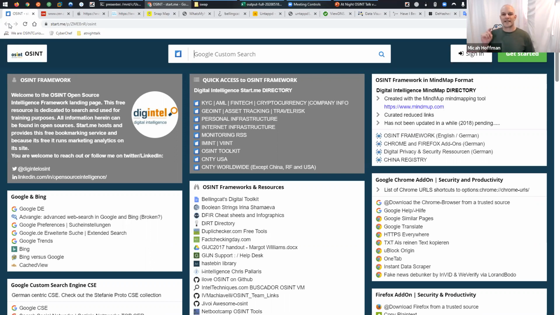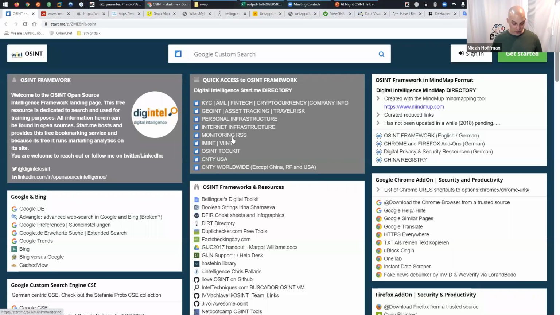The one reason why I say this, osintframework.de, is the main place you should go to. It will redirect you to, you're probably looking at the URL going, that doesn't say osintframework.de, Micah. No, osintframework.de redirects people to this Start Me page, which is Bruno Mortier's site. The reason why I say this is a good site for you to start out all of your OSINT adventures on is that not only does he have links to everything from